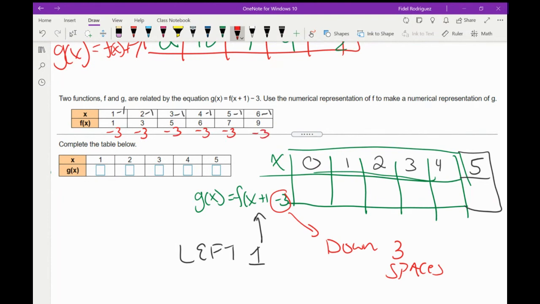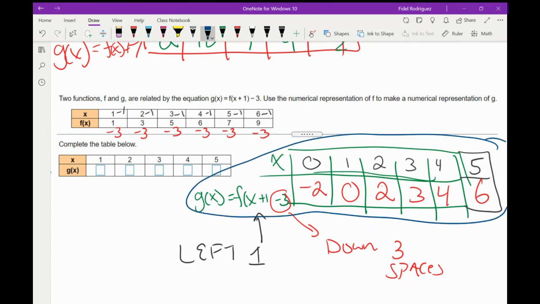Okay. So let's see. 1 minus 3, negative 2. 3 minus 3 is 0. 5 minus 3 is 2. 6 minus 3 is 3. 7 minus 3 is 4. And 9 minus 3 is 6. Okay. So I want you to notice we made our own table